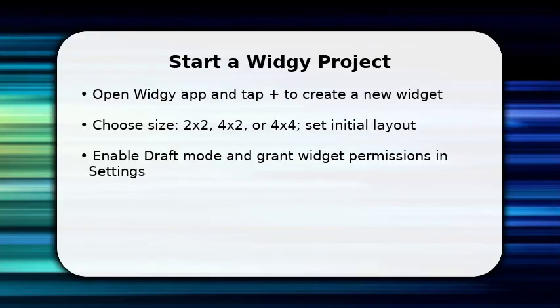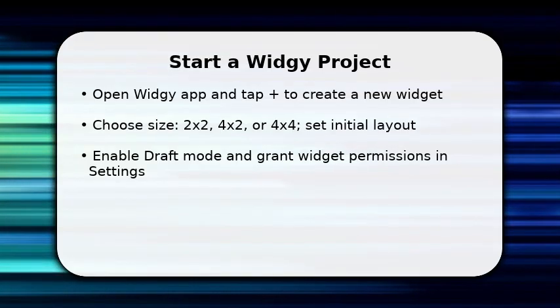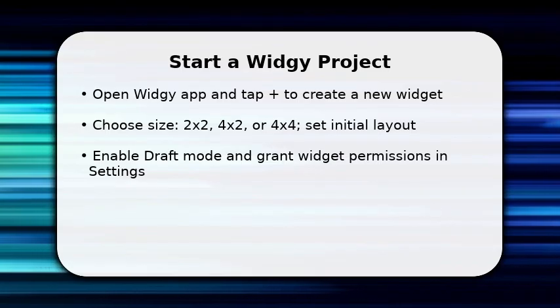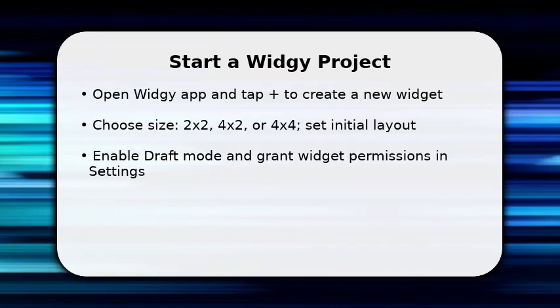You'll start by creating a new Widgy widget and selecting its size. This determines layout options and available elements. Tap the plus sign, pick 2x2, 4x2, or 4x4, and give the widget a name so you can find it later. Once done, enable draft mode to edit freely, then go to iPad settings to allow Widgy to add widgets